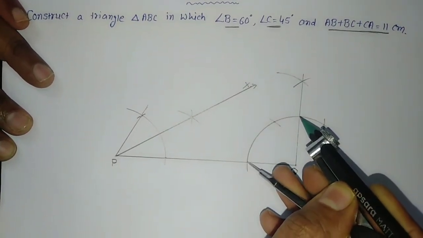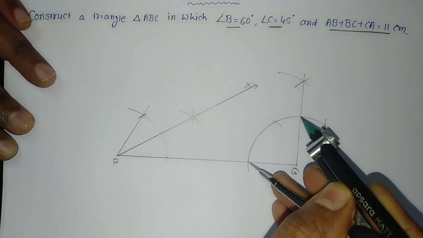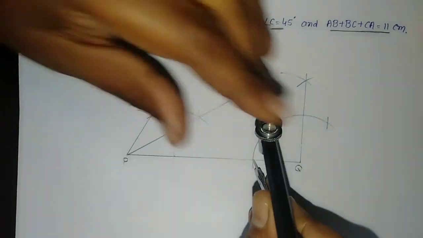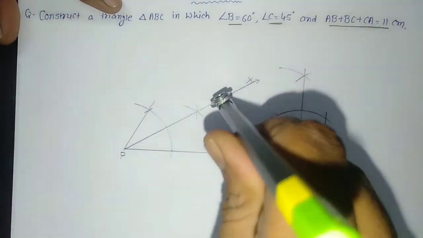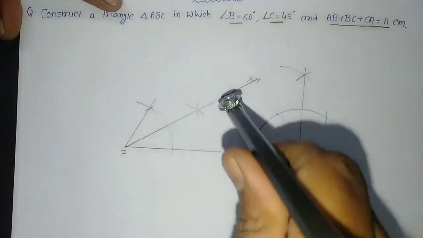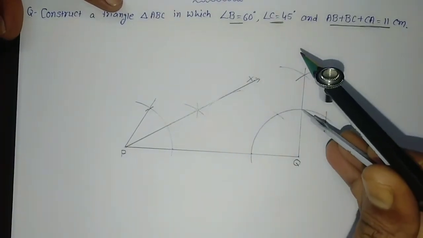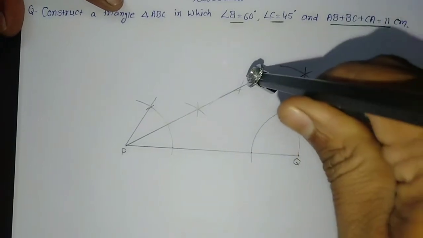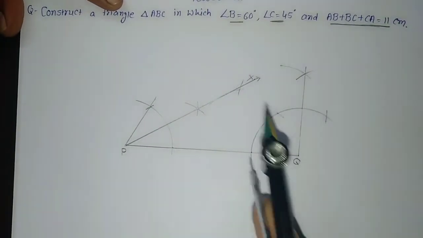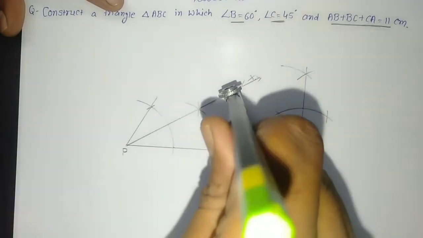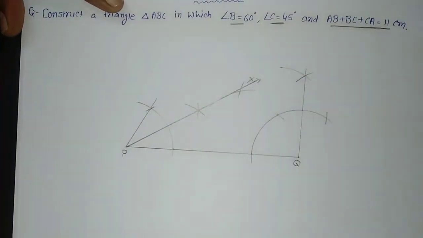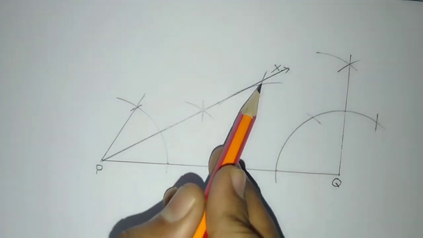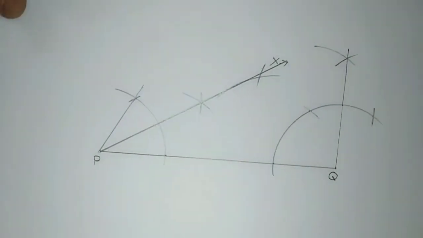This is 90 and we want to take the bisector, so we will take the measure on this arc from this point to this point, and then I will draw an arc over here on this semiplane. By keeping the same measure, I will draw another arc. You can see this is one of the arcs I have drawn, and on this I have drawn this arc. Wherever both these arcs intersect each other, this point is of 45.